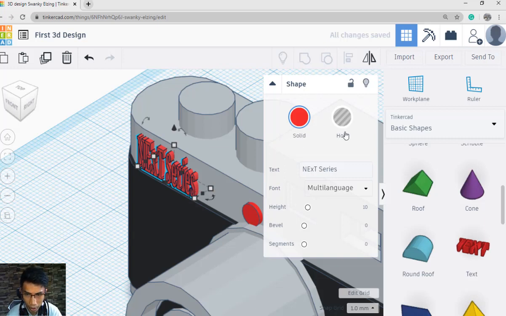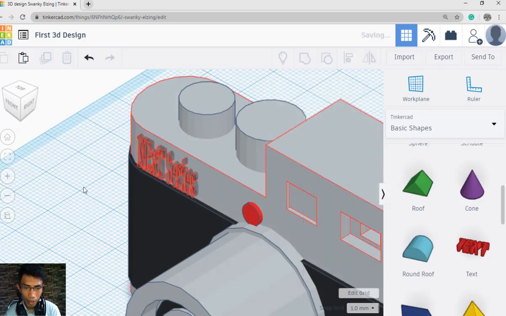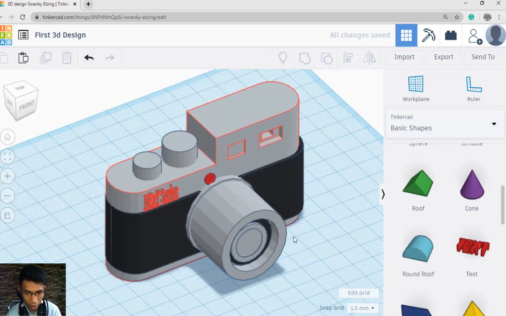So select the object, make it as a whole or transparent, and then select the camera, and then press Ctrl G on your keyboard, or you simply click this icon here. And you can see now our design. It's already embedded in our camera. Okay. So pretty much that's our